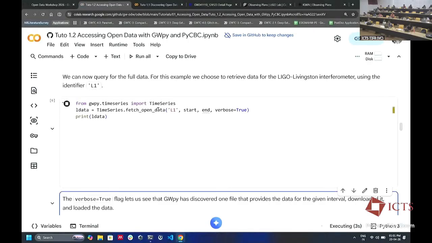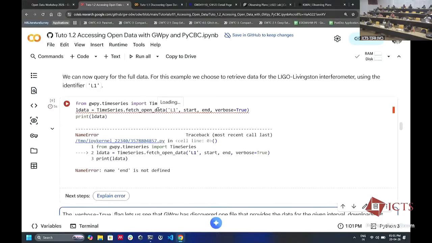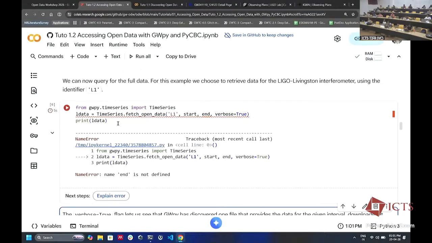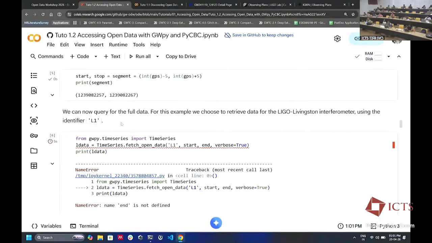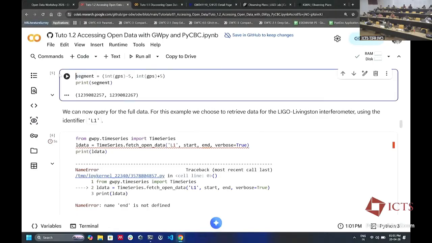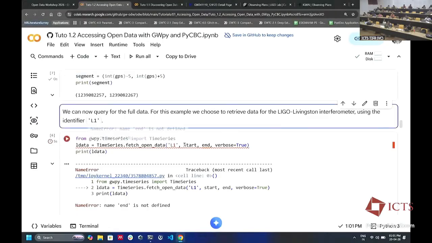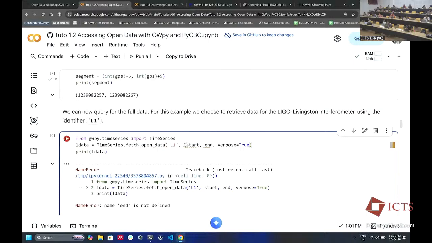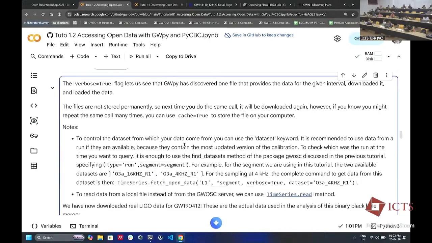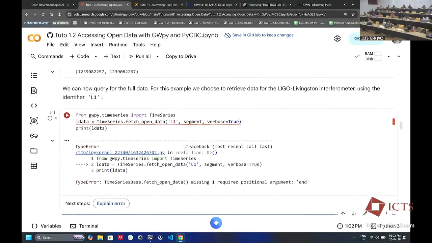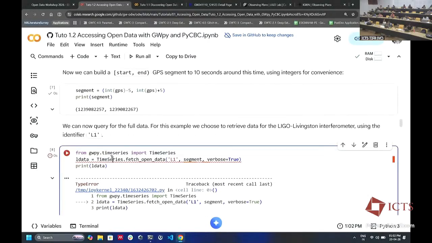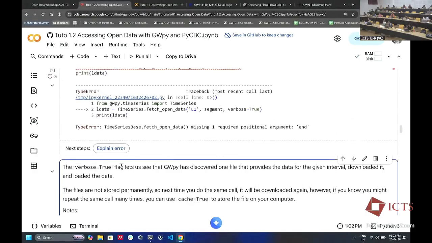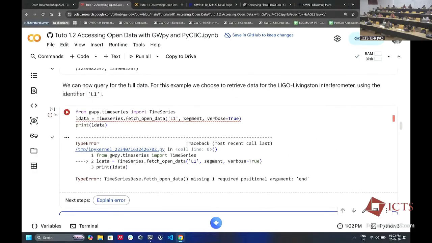this is literally downloading the strain data from the website. Apparently not. What? Yeah. And then that will not work. Where is the star?